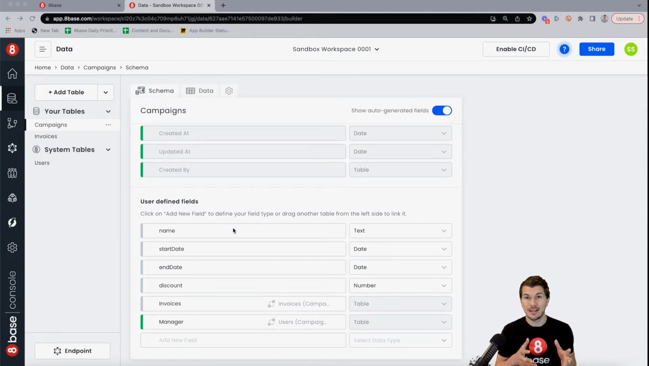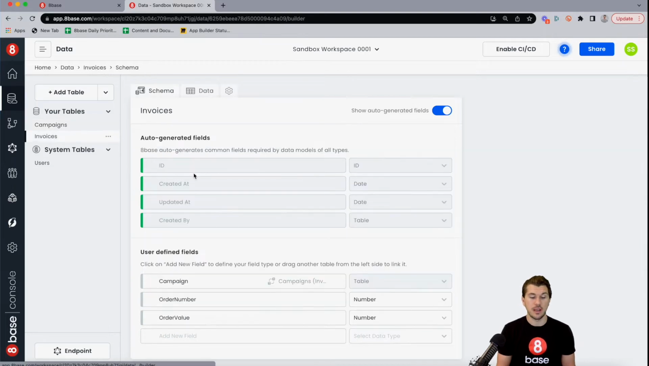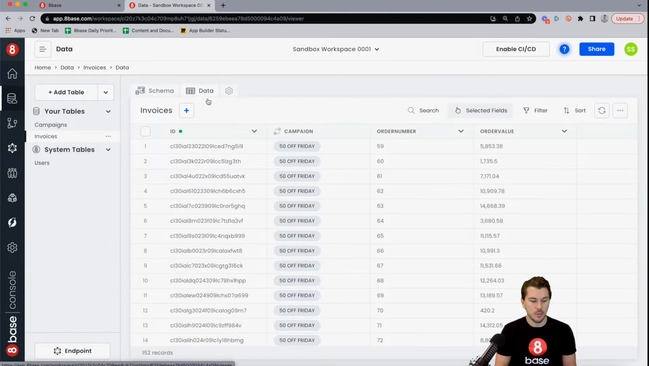Essentially here in Data Builder, I have a campaigns table and an invoices table. The campaign table is pretty simple. There's a name, a start date, an end date, an advertised discount, as well as a relationship to the invoices table and the manager table. We can think of a campaign in any sense of the word that we want to think about it. It doesn't really matter. We then have the invoices table, which belongs to a campaign and has an order number